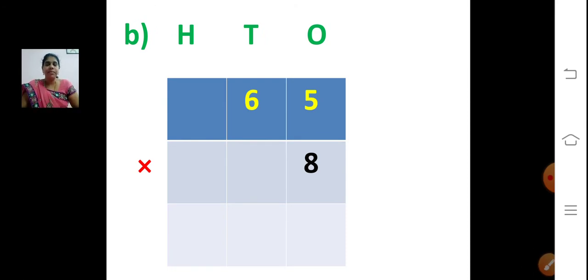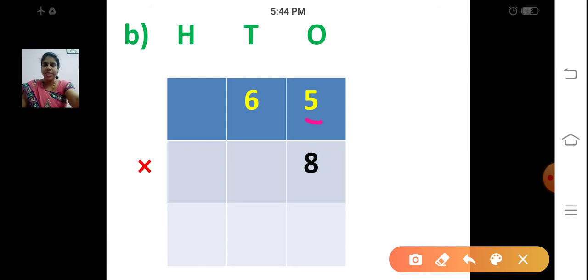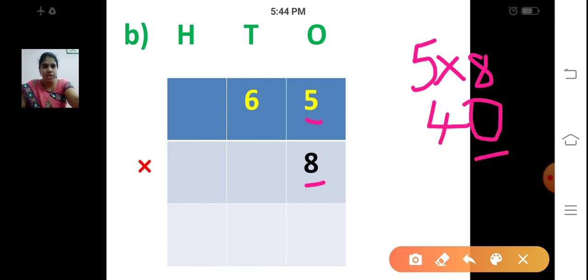So now, B sum, we are going to multiply 65 into 8. We are going to multiply 65 by 8. Same way, what we are going to do now? This is a vertical method of multiplication. First, multiply the digit at the ones place by this 8. So 5 8s are, I think you all know 5 tables, right? First step is we are going to multiply 5 into 8, right? 5 8s are 40. So this 0 I am writing it here, and this 4 will be carried over to the tens place.